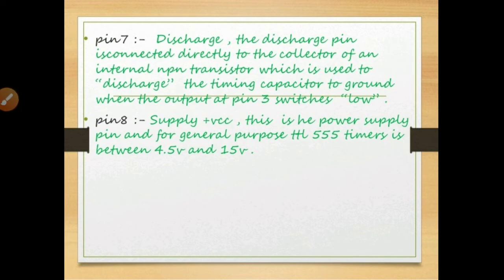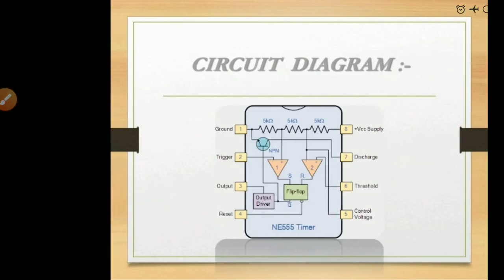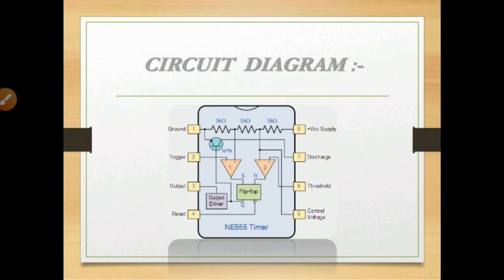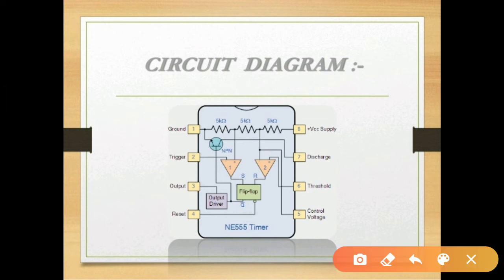So this is the function of each pin in the case of the 555 timer, okay. This is the internal structure, or internal architecture, of your 555 timer. So you can see different pins are connected to different terminals. You can see here, as I am saying, the voltage divider. So this is your voltage divider. All the resistance combination is the voltage divider.